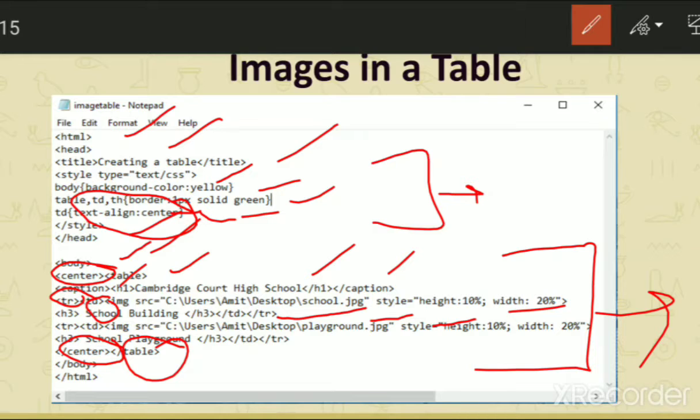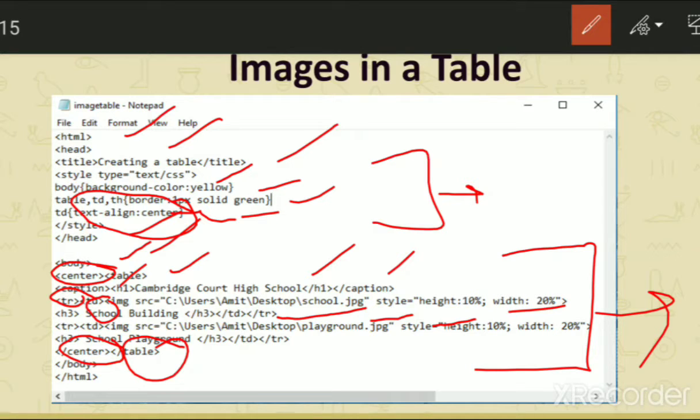After that we have given the heading to this image as a school building, and here we have used h3 because we want the text to be small. So it's done, so we need to close the heading tag. After that we'll just close the data tag, table data, and after that we need to close the tr tag. So this is the first row that we have created in our table.